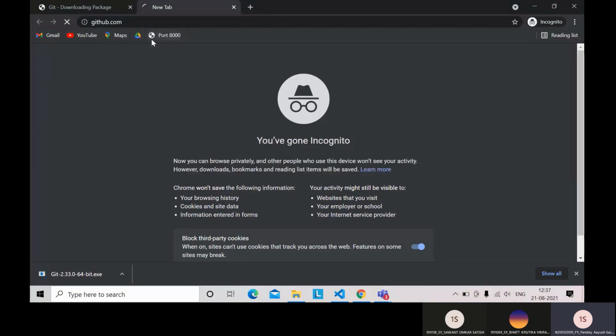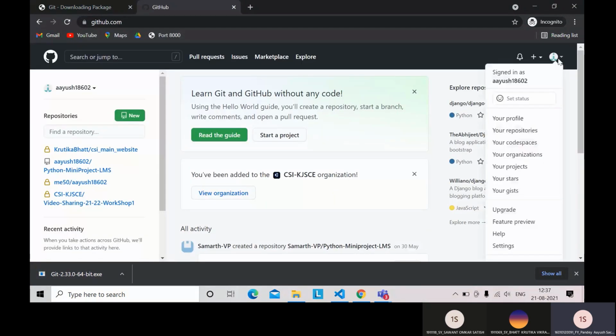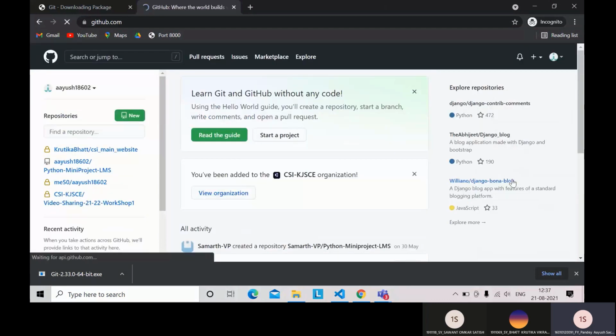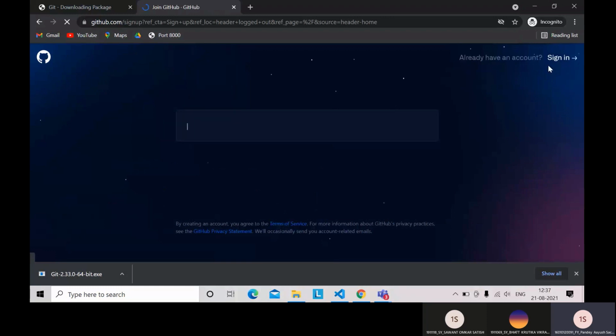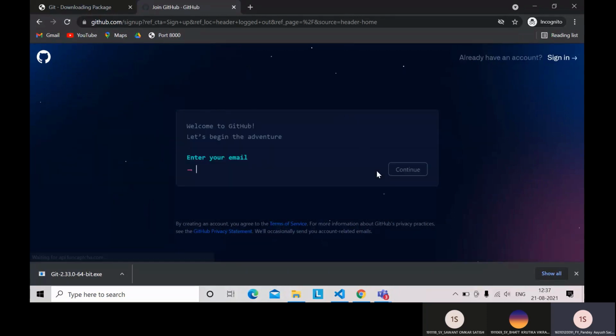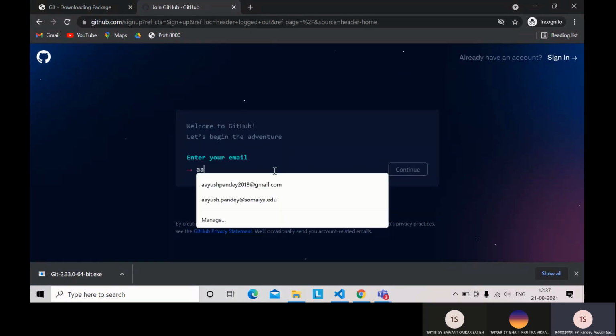Before using GitHub, we should make an account. I already have an account, so let me sign out and create a new one. We can just enter our email.